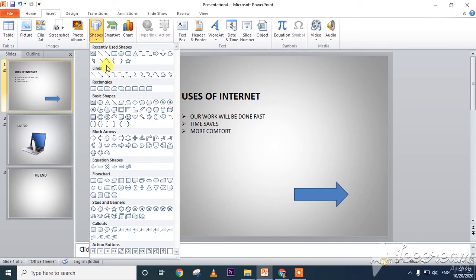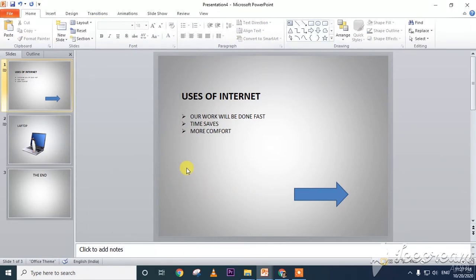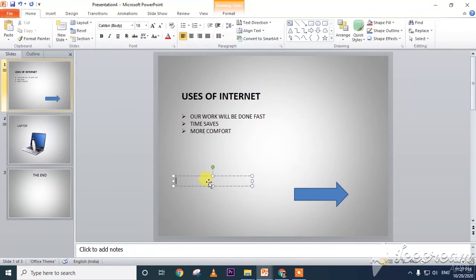See, I'll write one text here. Insert text box. I'm writing here, click here to go to Google.